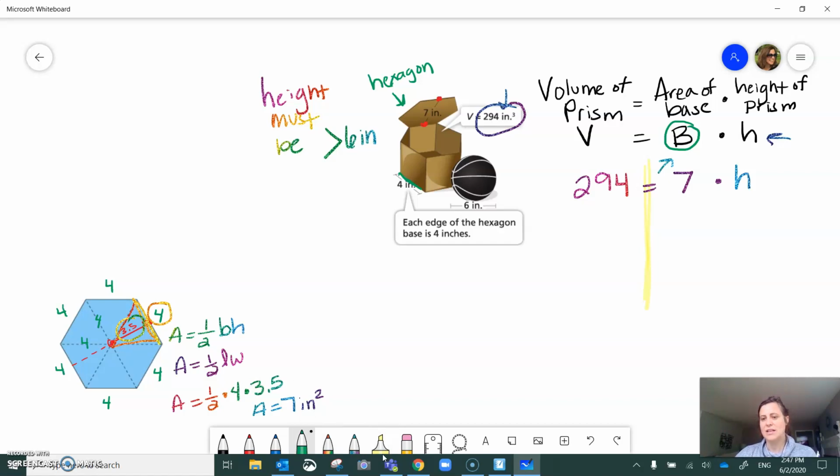In this equation, if I want to get h alone, the way to get it alone is to do the opposite of this to both sides. So the opposite of multiplying h by 7 is dividing h by 7. And whatever you do to one side, you have to do to the other in order to keep these equal. So over here, the 7's cancel each other out. 7 divided by 7 is 1, so you're left with 1h. And 294 divided by 7,